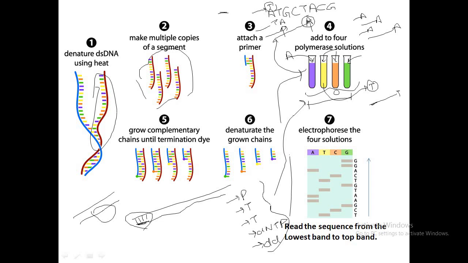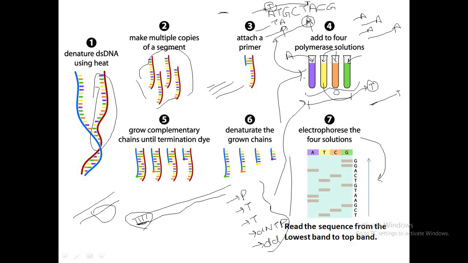But once you move out from here and go to this A that will incorporate the T in the opposite strand, then again it depends on which type of T is incorporated, whether it is normal or a dideoxy one. So this is how you are going to develop different size products in each of the test tubes. Then after the reaction process is over, you will run them in an agarose gel to separate the different size fragments.